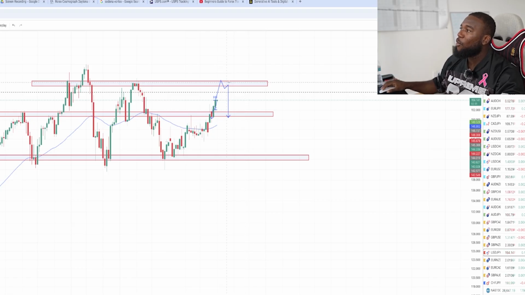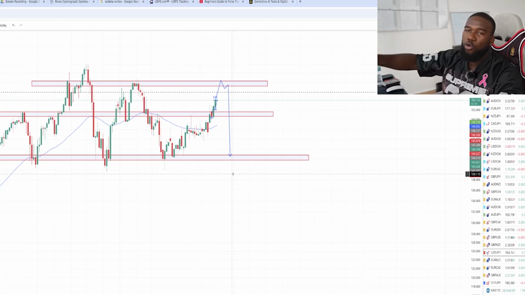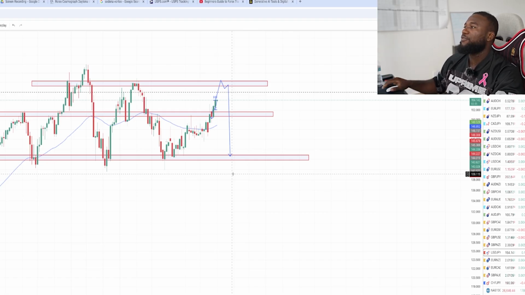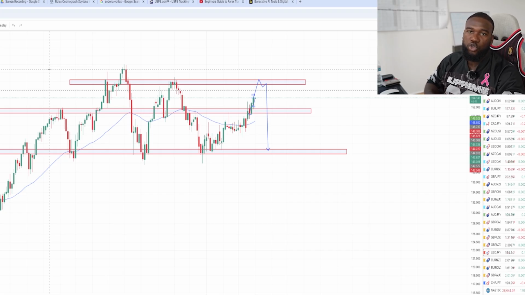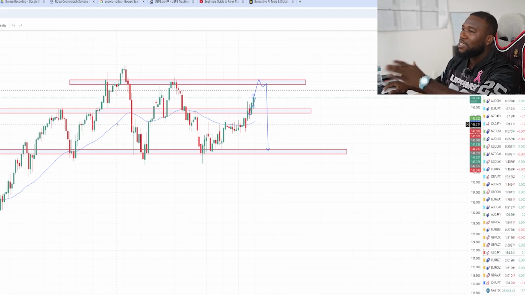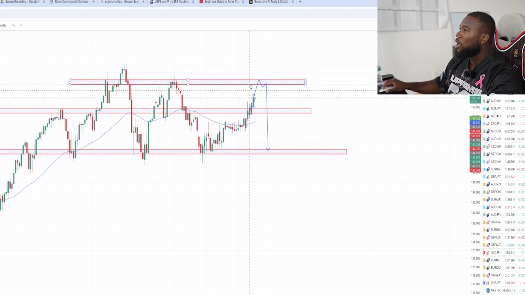I know that when it hits this zone, it could either have a rejection to raise back up to this zone, or it could hit this zone to then come down to this zone, which then gives you your idea of whether you're going to take a 1-to-2 winner ratio or you would hold it past your average take profit. So because of that, ladies and gentlemen, marking your higher highs and your higher lows and your supply and demand zones are very crucial to when you're trading, because just like this, I know that from this zone up,